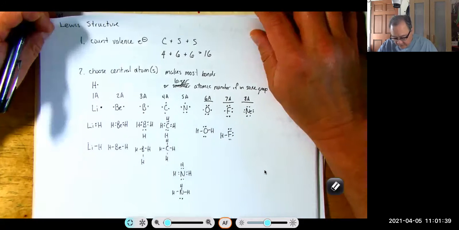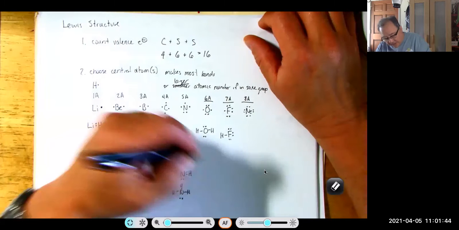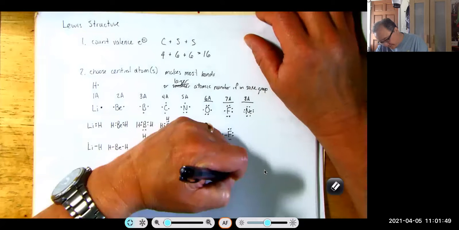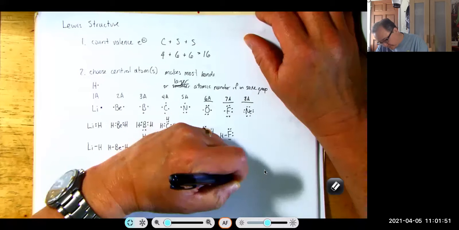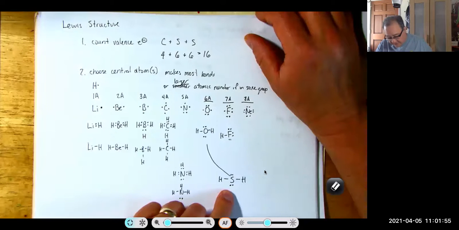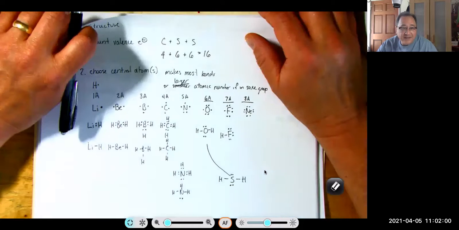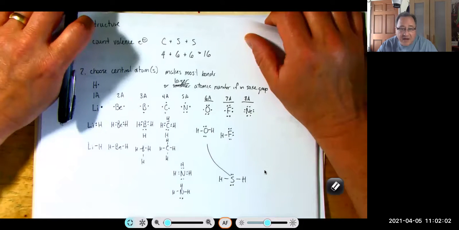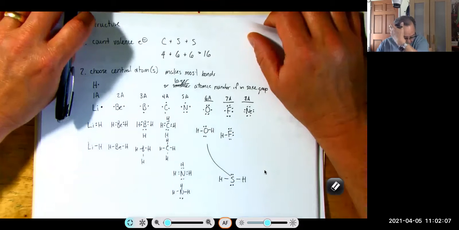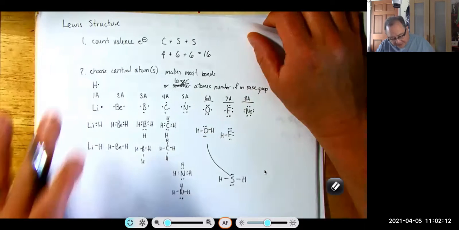So if we look at sulfur, sulfur also makes a compound with hydrogen, and it looks like this. So what would we say about this sulfur compound compared to this oxygen compound? They look identical, except that the middle atom is a sulfur instead of an oxygen, right? So if we look at the number of bonds these tend to make,